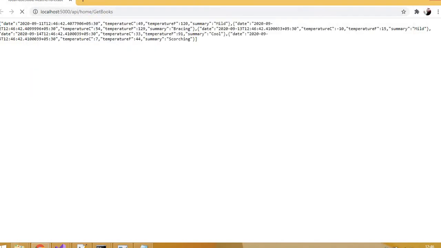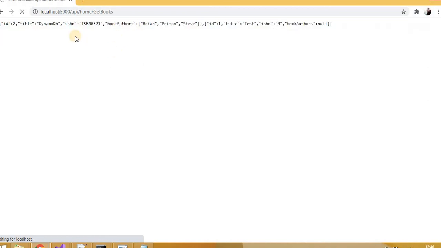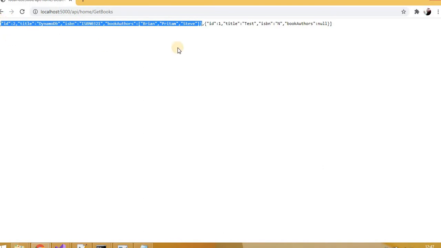This time we are getting all the books. Let's hit here. See, now it's returning all the books. The first record is returning an object of arrays, or you can say one object is there, it can be an array of objects, it has one array and it contains multiple objects. So this is the first object where we pass the id, title, everything, and in this case you can see